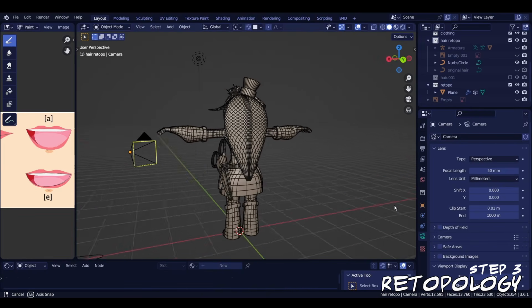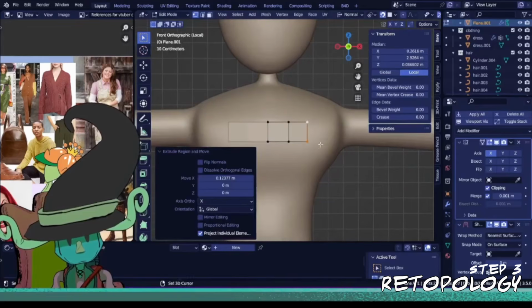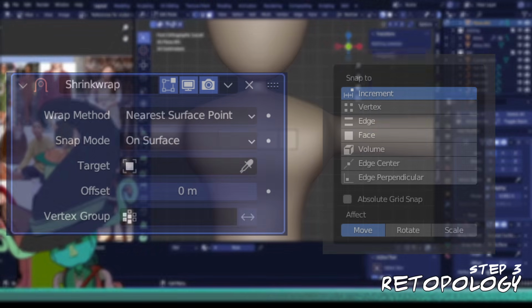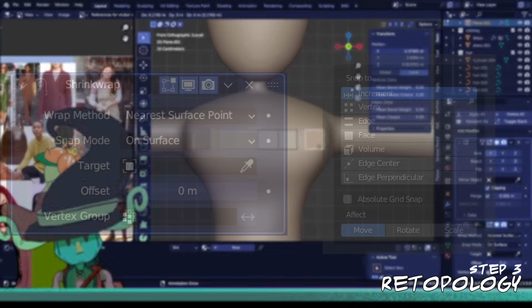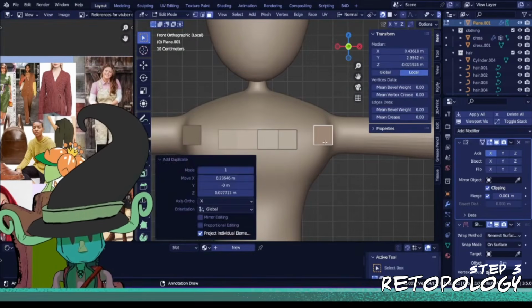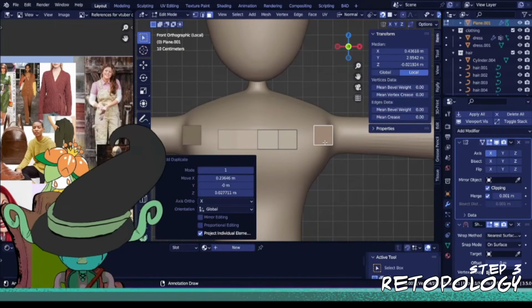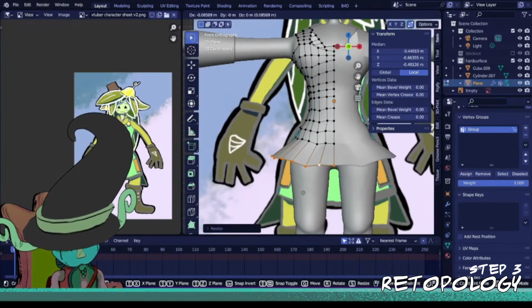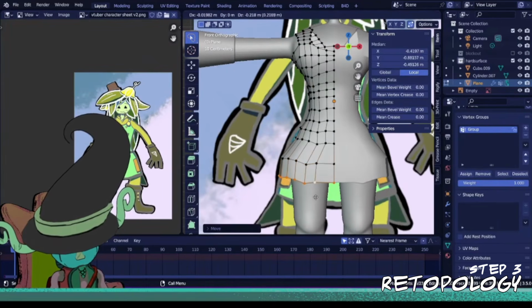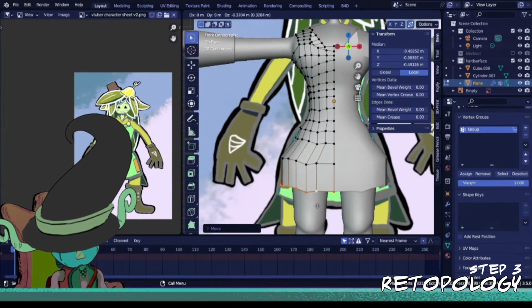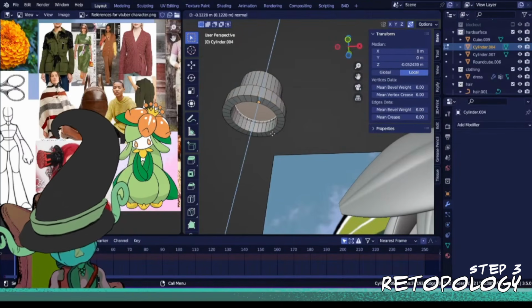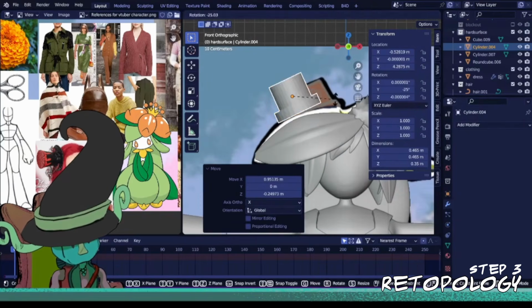And that is exactly what I did with this model. Using some of Blender's built-in tools like the snapping tool and the shrink wrap modifier, I was able to stick the corners of polygons to the surface of my heavily dense model to make a less detailed but PC-friendly model. I did sometimes use the classic method of making VTuber models when creating the dress, the hat, and the scissor swords, but these are very simple things to make, and I've already gained enough experience in Blender to know the